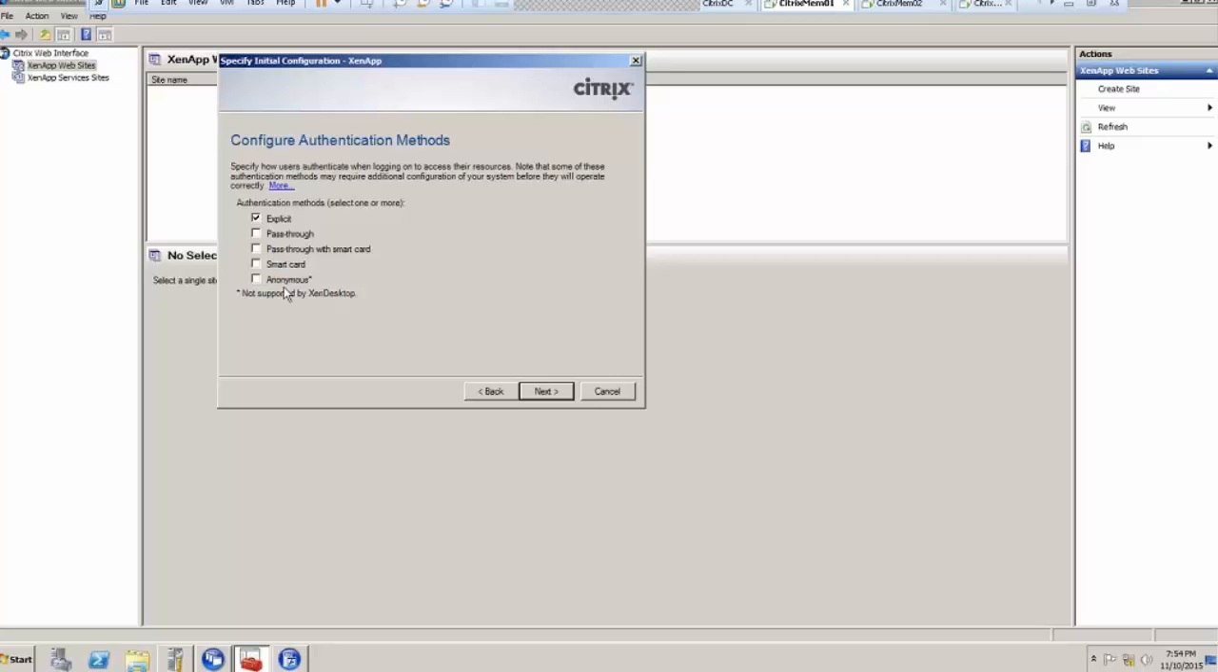Or we could put anonymous. Bad idea. But anyway, it's our environment. We could just put anonymous, and you could just log in from any user, maybe a non-domain user. Maybe you can log in locally, as long as you can communicate with that Zen app server, and it might let you just open that. So we could put this to test as well, and it's not supported for Zen desktop. So explicit, let's try that. It's supposed to pop up the username, password. Pass-through should be accepting our local credentials, but we're going to check that, right? So next,